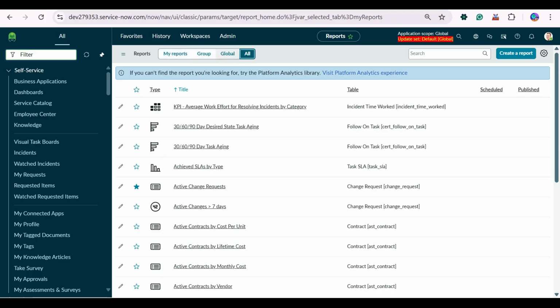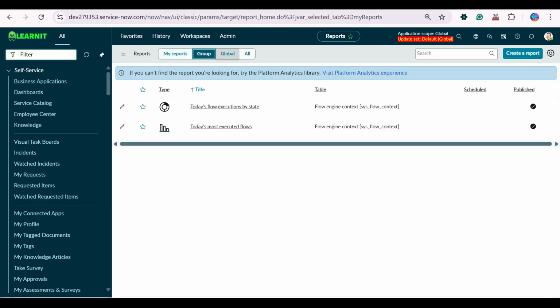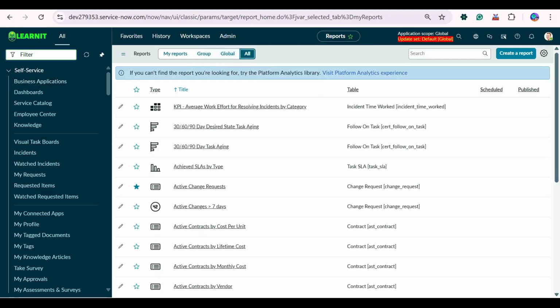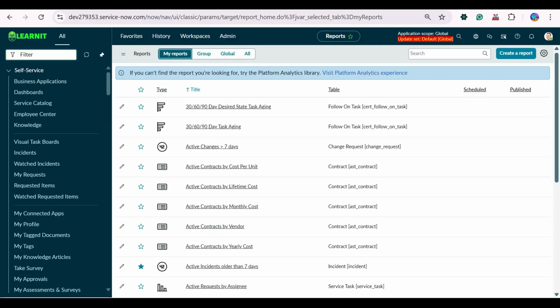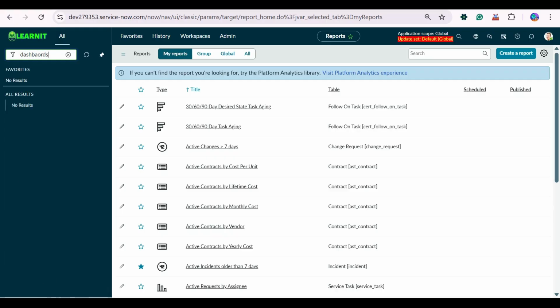These are the reports which are global, which are shared, or which are specific to certain groups. So those are based on access, on what access is provided. Based on that, the report is visible. And talking about dashboards,